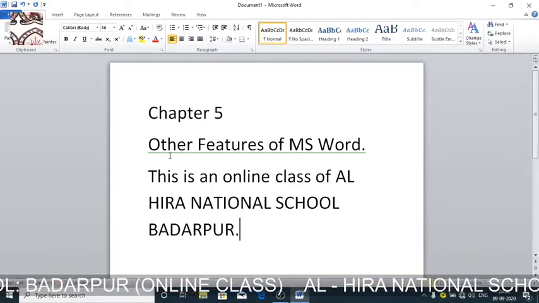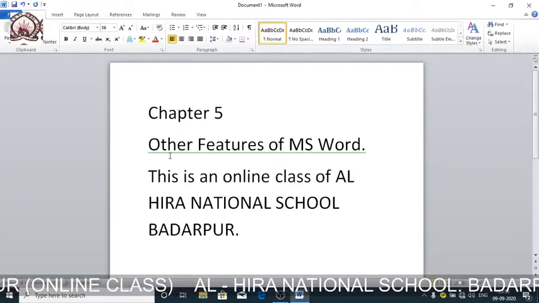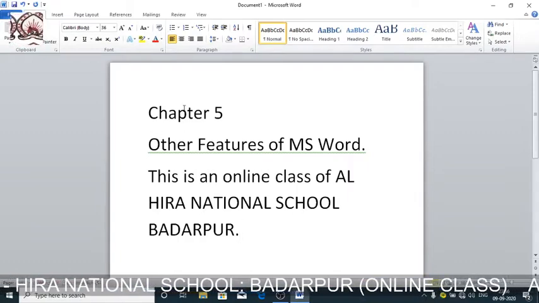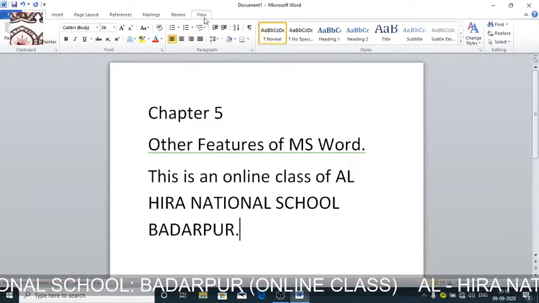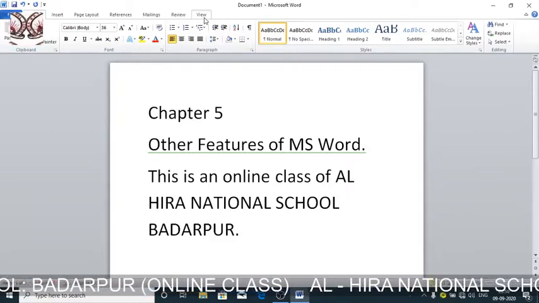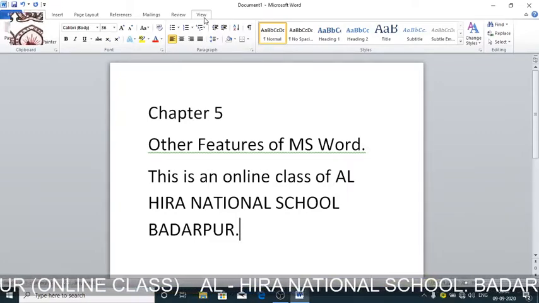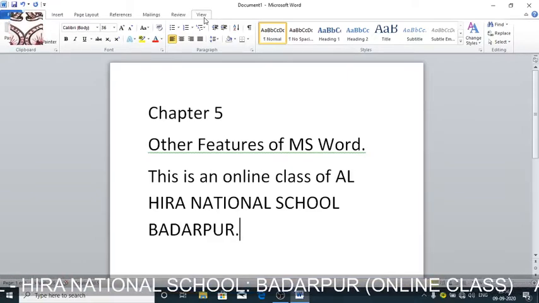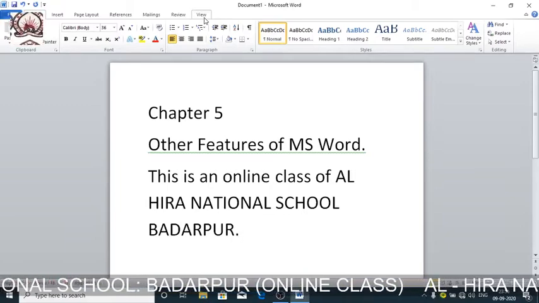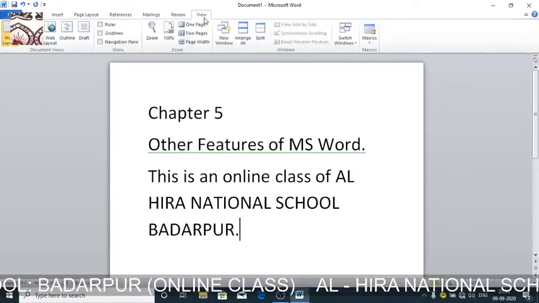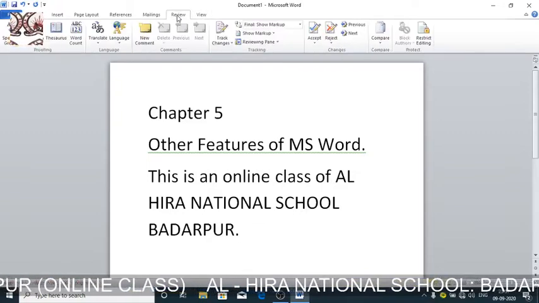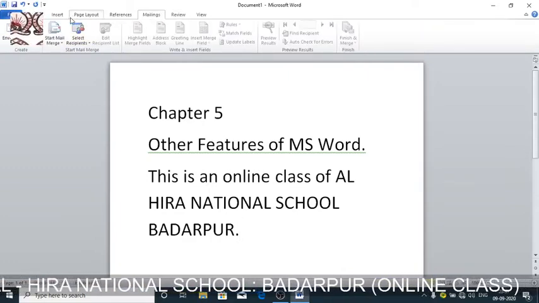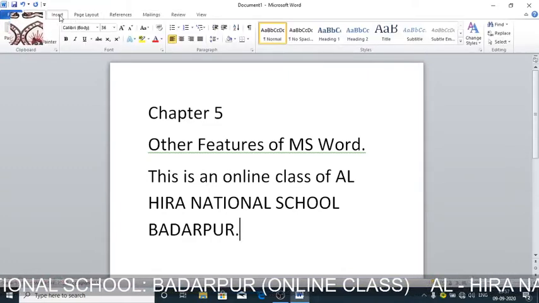But there is this feature. We can also see with the help of word count option. In your book, it is written that word count option is available in tools menu, but actually this was the earlier version of MS Word. So I am doing an advanced version in Word 2010. So the word count feature is present. We can see the word count feature. I am just taking out the word count feature. So it is present here.